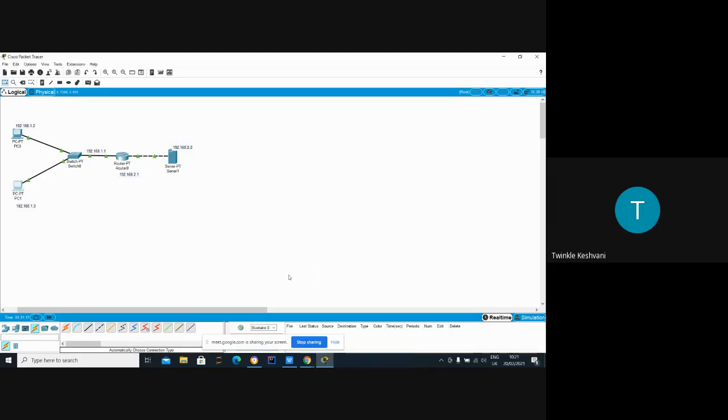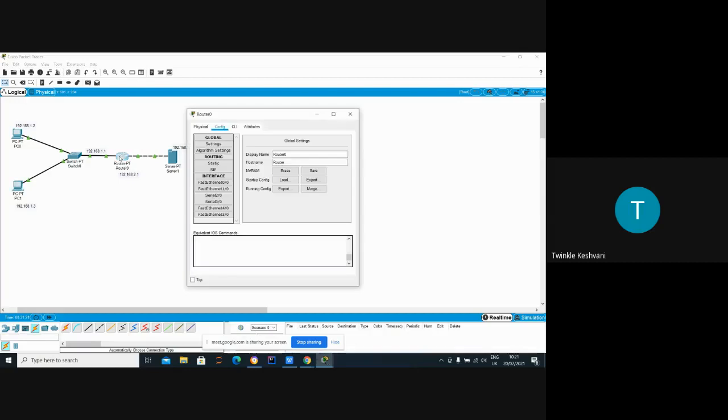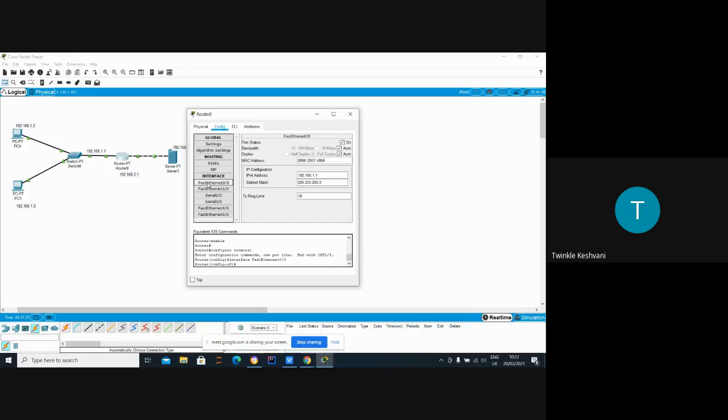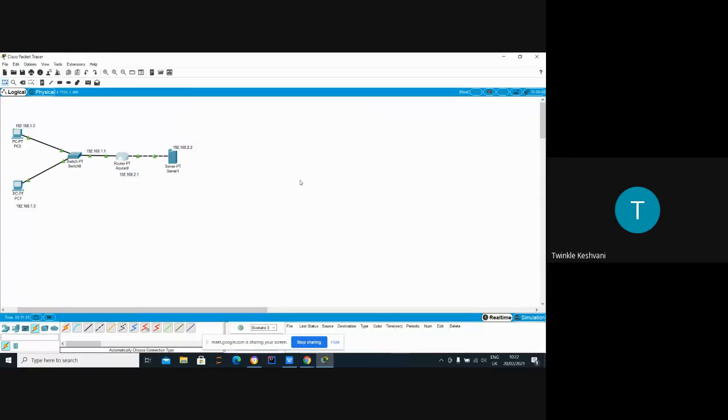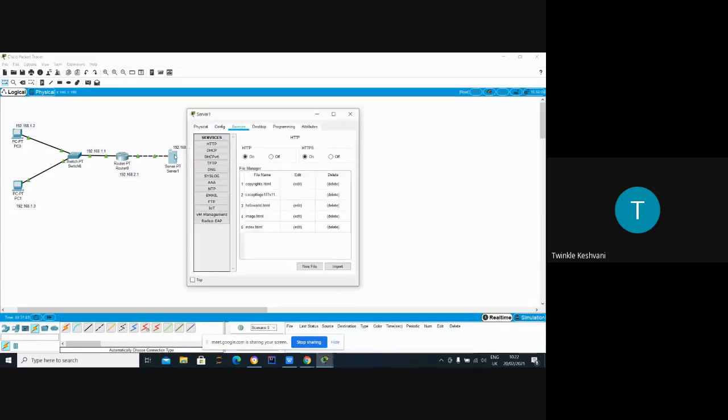Close. Now for the router, click on the router. FastEthernet 0/0 in the interface. Okay, so it's already set, that is 1.1. Okay, 1/0, 2.1. Okay, good. Close this tab. Let me check the server configuration. Click on the server, email.